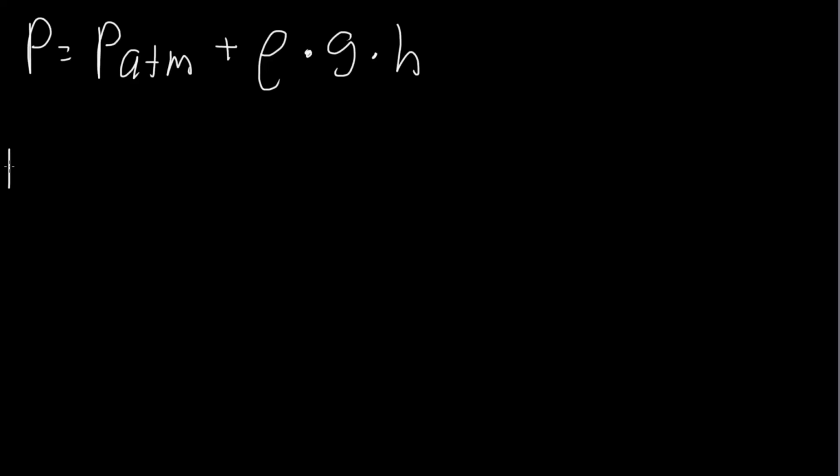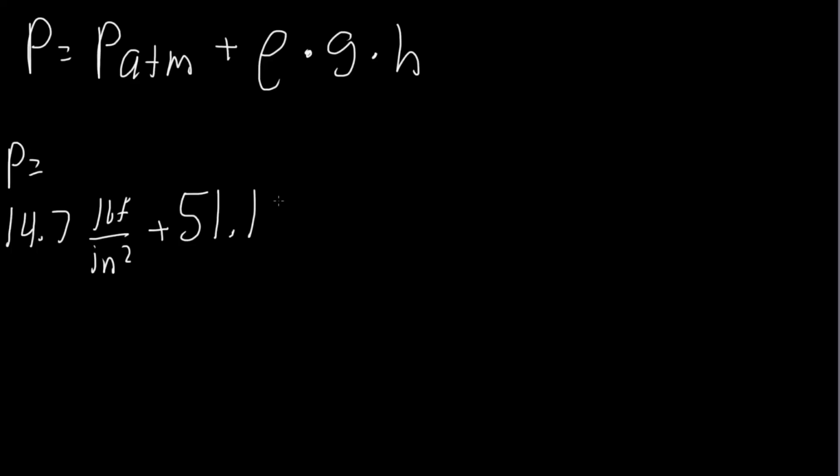So P is equal to 14.7 pound force over inches cubed, because the question states that we want our answer in pound force over inches cubed, and this is the atmospheric pressure, plus density. We last calculated that density was 51.19 pound mass